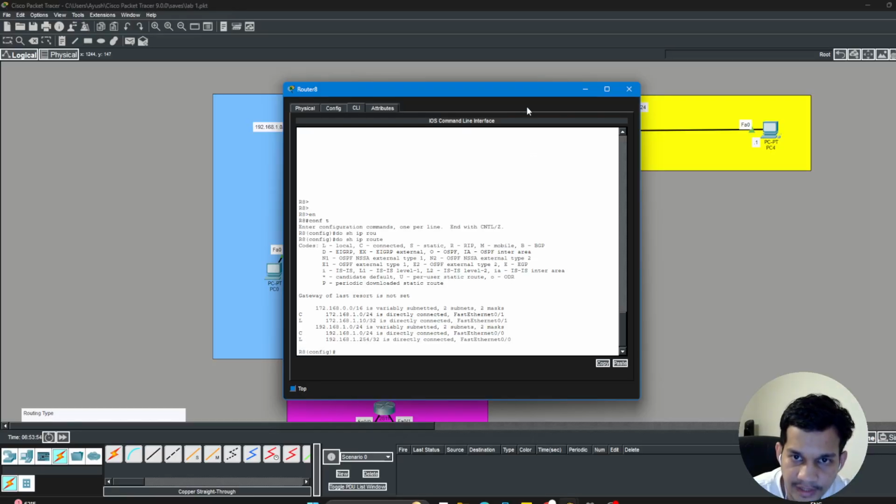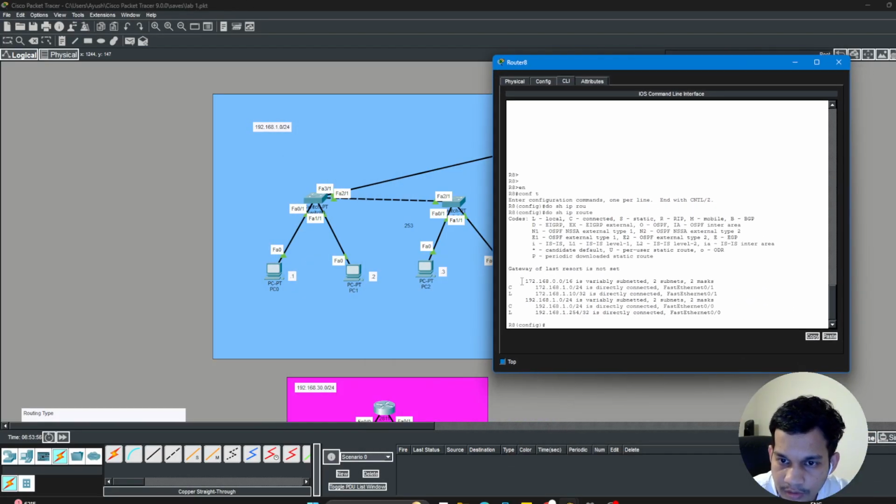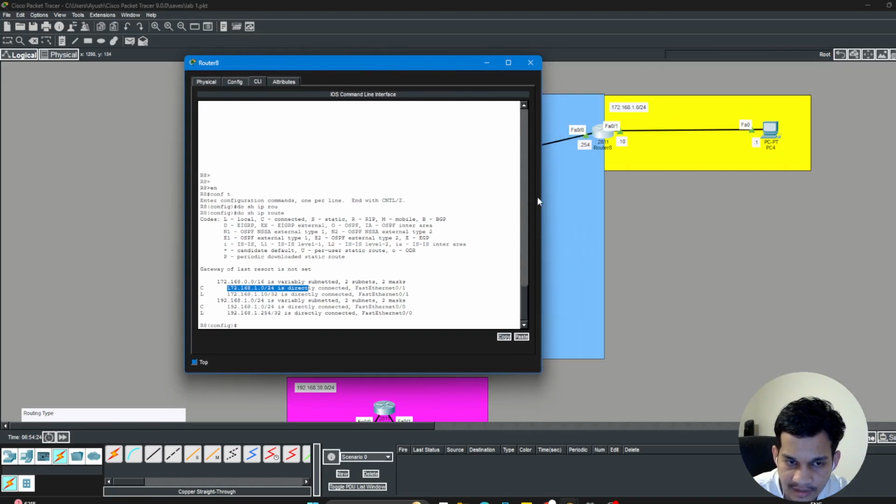So as you can see over here, whenever you configure a network, two addresses get configured by default, automatically: connected and local route. So it says 172.168.0.0/16 network is variably subnetted, which has two subnets and two masks. Which is this, this is directly connected to a network. So yeah, you can see this is connected to a network